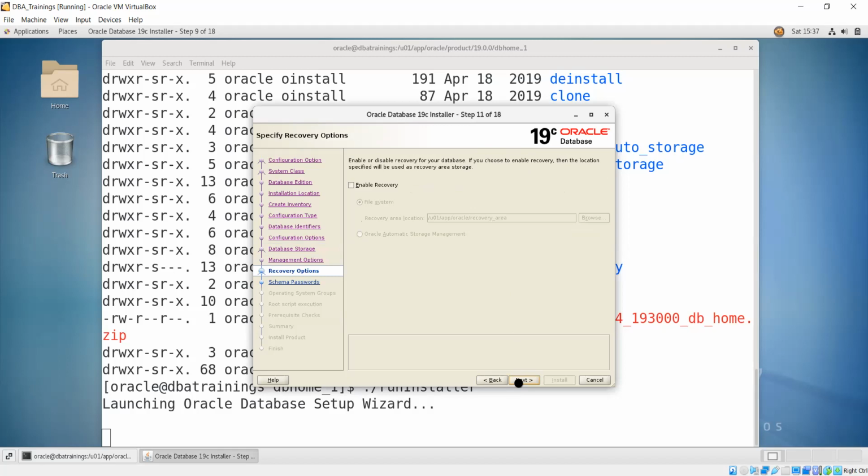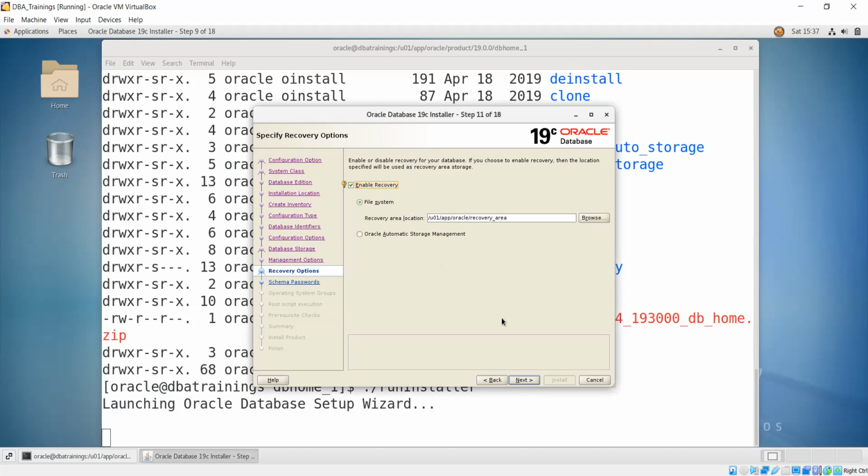recovery? For that you can enable the recovery. Of course it's a test database, so I don't want to use it. But suppose if you want recovery, then you have to give the recovery area where you want. Got it? This is the one thing which you have to keep in your mind when you are giving the recovery area. Getting my point? So okay, take it, no problem. So I'm taking recovery area.